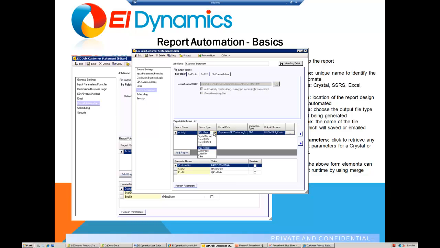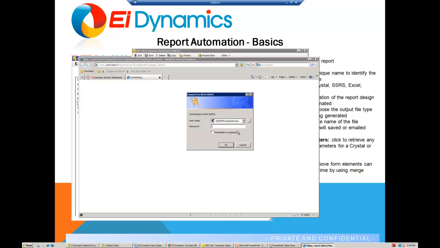And then the type of report. And we've got a lot of different reports here. And there are other training sessions where we're going to go through more specifics on each of these different report formats. But for today, in this basic example, we're just going to be dealing with a Microsoft SQL report. And the report path, in this case, since it's a Microsoft SQL report, is the URL to where that report resides out on